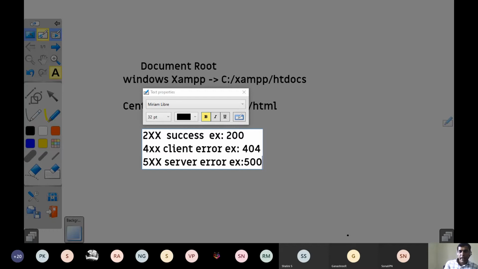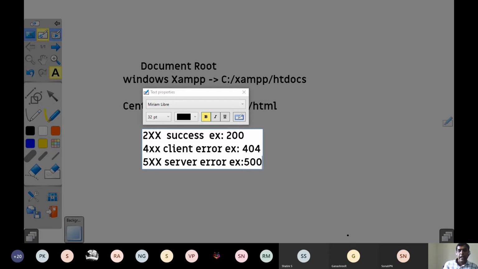So that means a server error is an error where the server tells that there is some problem with the server. Maybe the program is wrong, maybe the database connectivity is wrong. This problem, you can't solve it. Only the administrator or the programmer who has written the program should solve it at the server side. Client side error, however, can be solved by you, because the majority of the time the client error comes because the path name or the file name you are requesting is wrong.